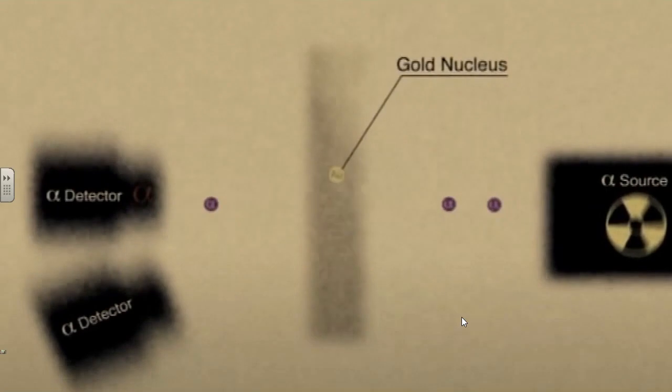So what you have happening here is that the gold foil is so thin that a lot of the alpha particles are going straight through, but a few of them are hitting something, okay? And he's about to tell you what it is. When we expected everything to go right through, these alpha particles were hitting something in the gold foil. We're learning that there is something inside of the atom.